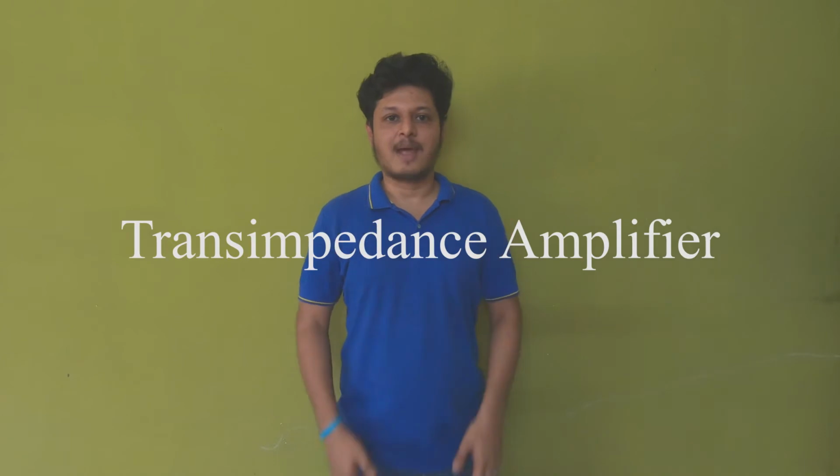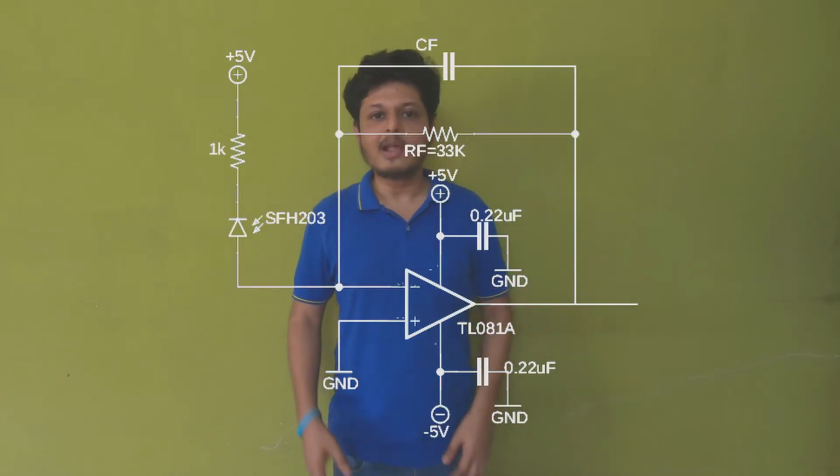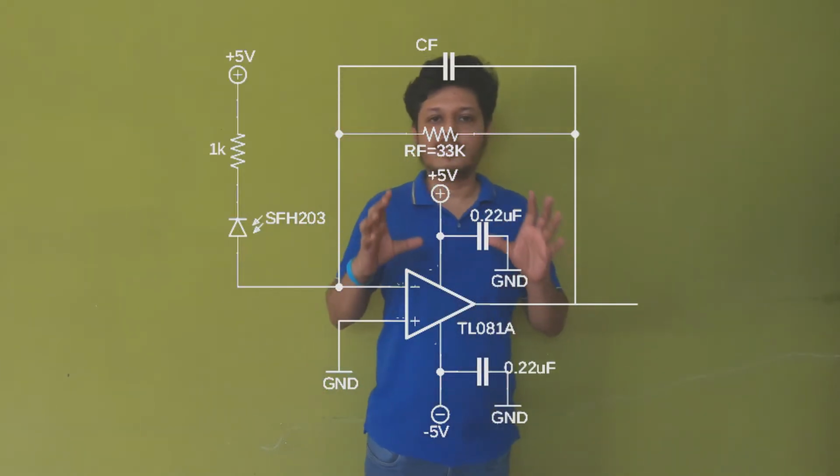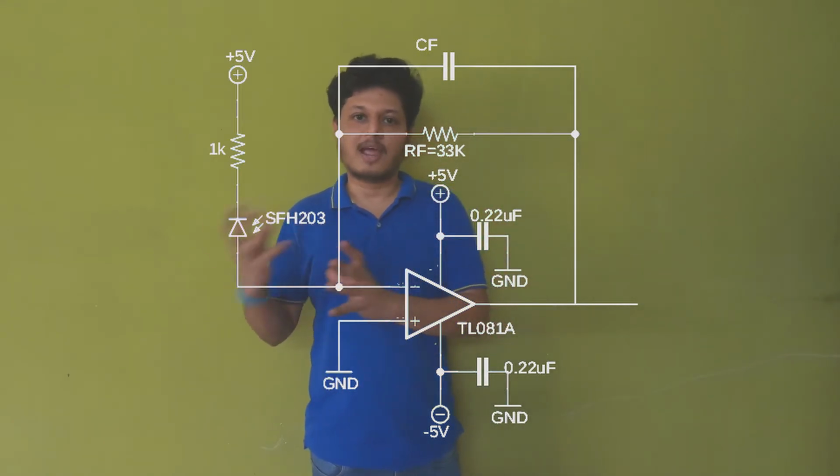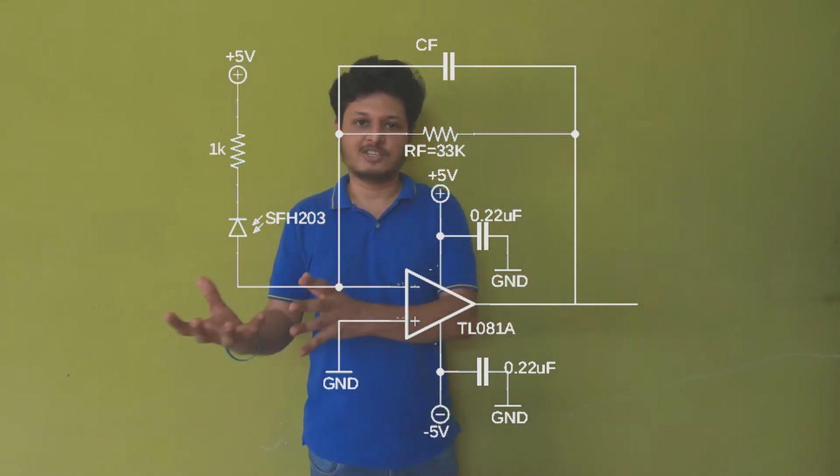So in this project, we'll be using photodiode SFH203P and we have to bias this photodiode. And the output of this photodiode will be in the form of current. So we need to convert this current into voltage such that we can process that voltage further. So we'll be using a configuration called trans-impedance amplifier as shown here. This circuit is the most commonly used circuit for Li-Fi receivers or optical communication receivers.